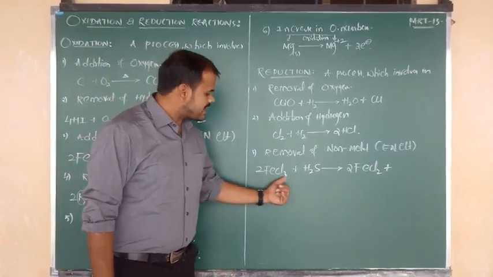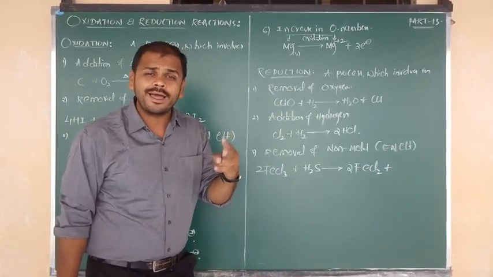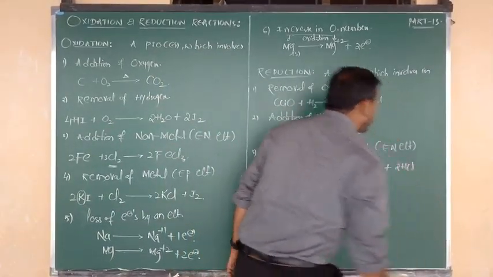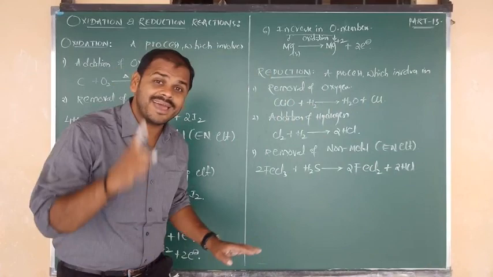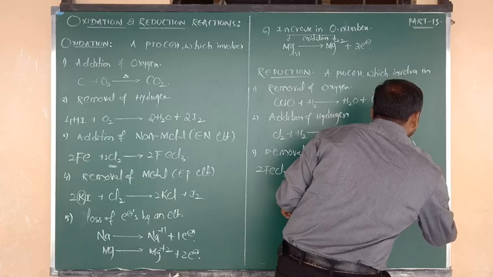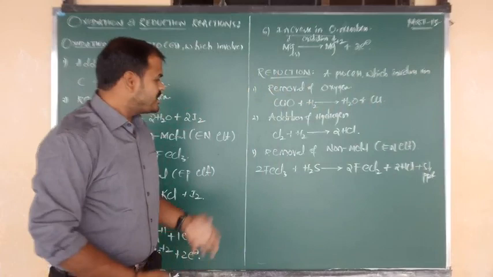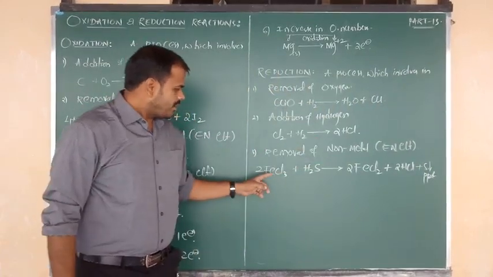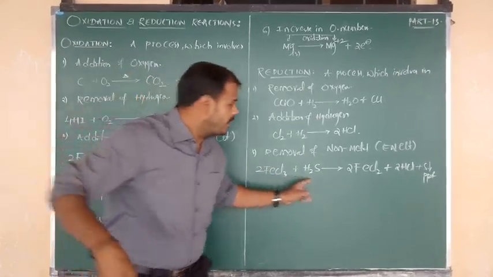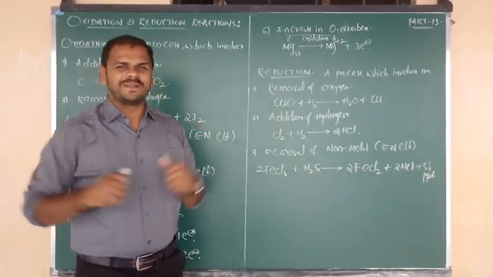Two 3s are 6 chlorines here, and 2 2s are 4 chlorines there. The remaining 2 chlorines are left, and they combine with 2 hydrogen atoms, which we can write in the form of 2 moles of HCl. Everything was balanced except sulfur. The S atom is going to be deposited, it settles down in the form of precipitate. So what we did here was removal of non-metal. Out of 6 chlorines, 2 chlorines are removed in the form of HCl. Sulfur is also a non-metal, removed in the form of sulfur precipitate.